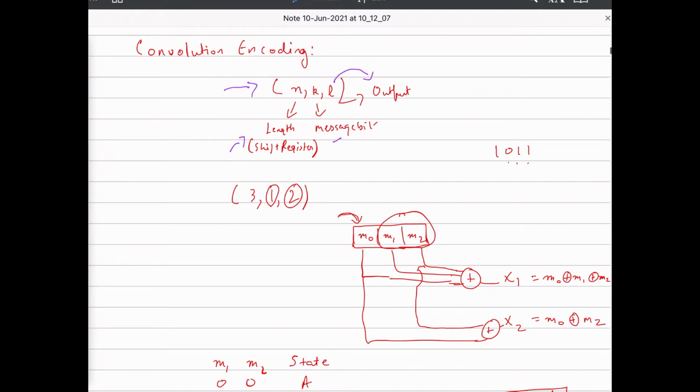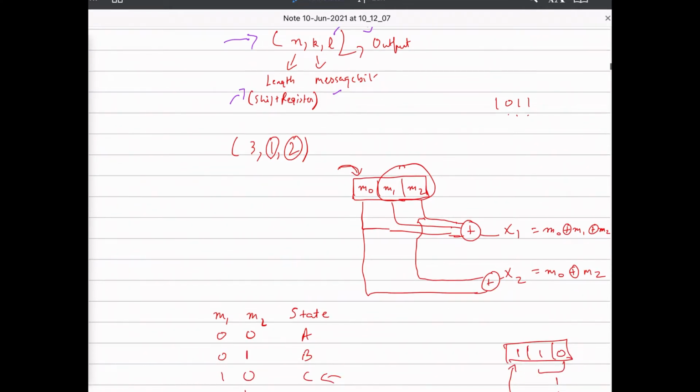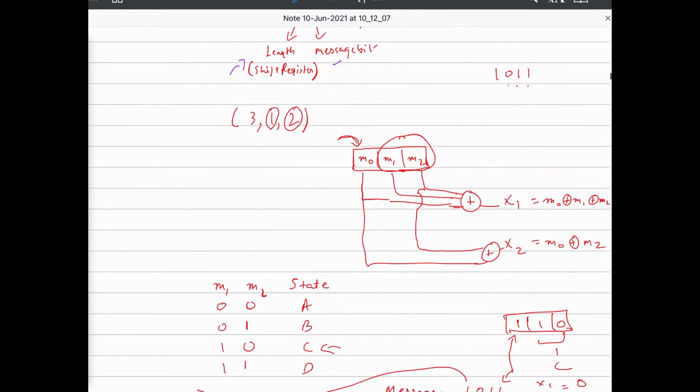Basically this encoding scheme is totally different from the previous codes that we have done. In this, no matter what the length of the message is, we will consider a certain number of bits at a time, depending on the value of k. If the value of k is 1, we will consider 1 bit at a time and then construct the code. If the value of k is 2, then we will consider 2 bits at a time and so on. It might sound confusing, but we will discuss it with an example in the next few minutes.